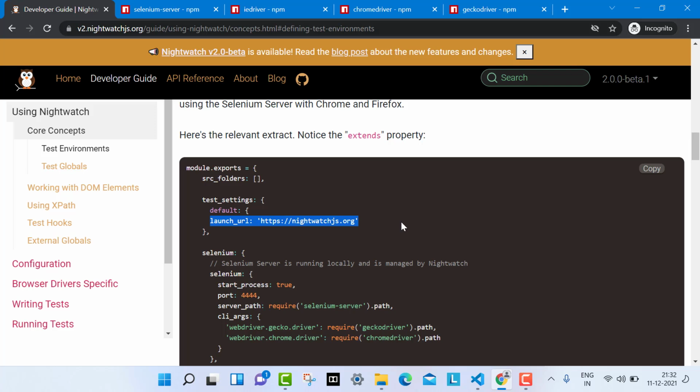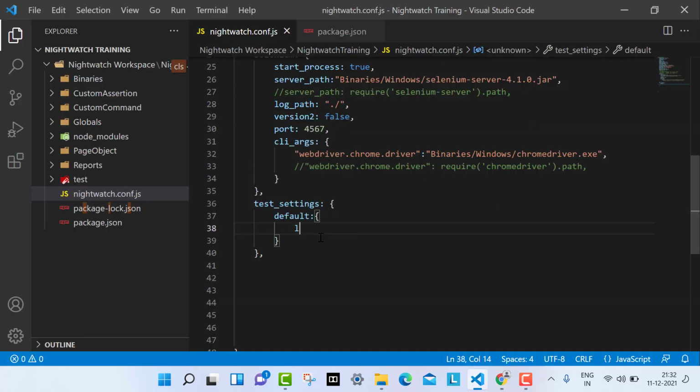Suppose whenever you open Selenium Nightwatch and run your test, you want your website to open automatically. Then you should give this launch URL.